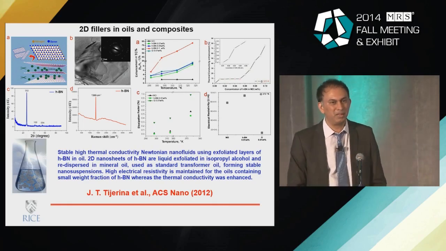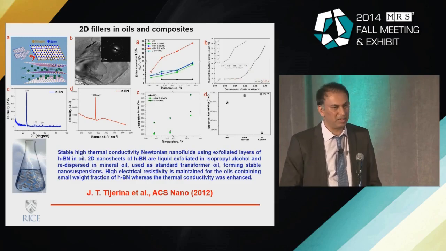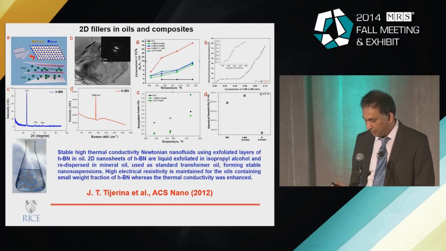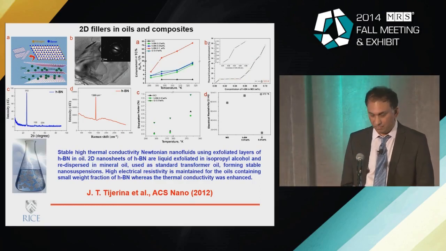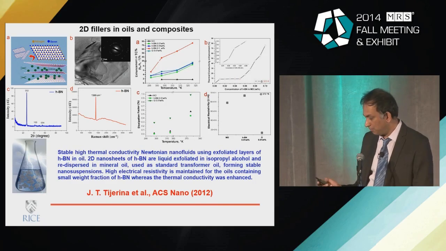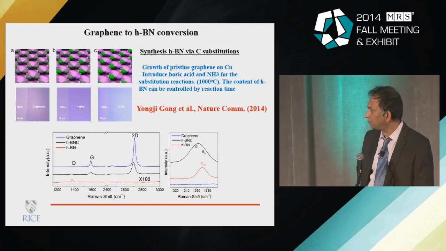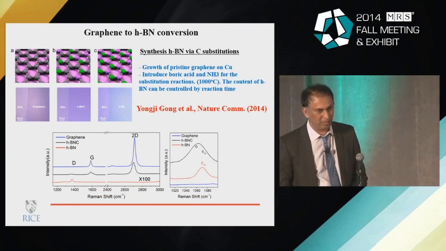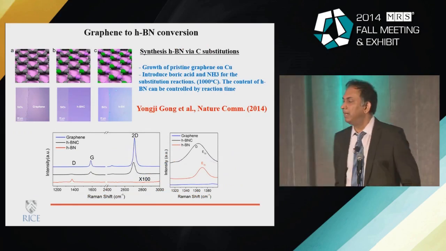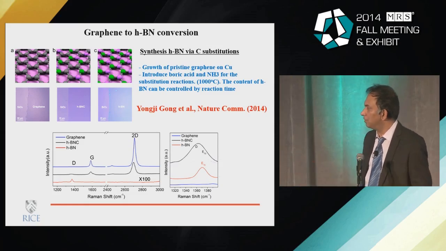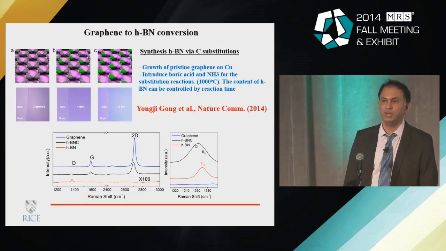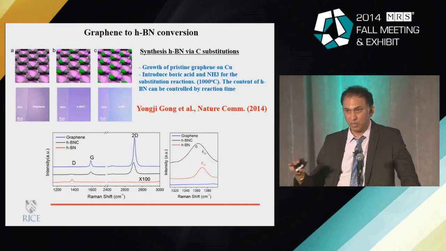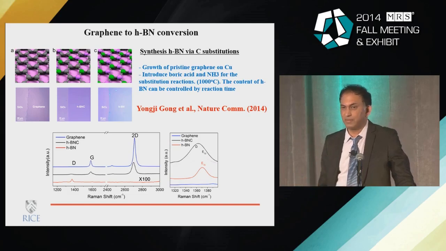So, a very simple idea, a very simple application of 2D materials, could be to create things like filled structures that could have very high stability and that serves the purpose of perhaps increasing thermal conductivity. Now, I mentioned that in a single layer graphene, boron nitride is rather difficult to make, but you can always play some tricks and create interesting reactions that would allow you to convert graphene into other compositions, because graphene can be grown very nicely over a large area and could act as a perfect template.